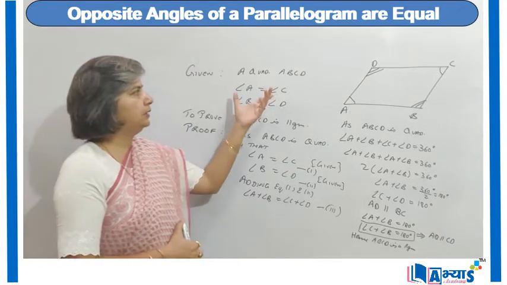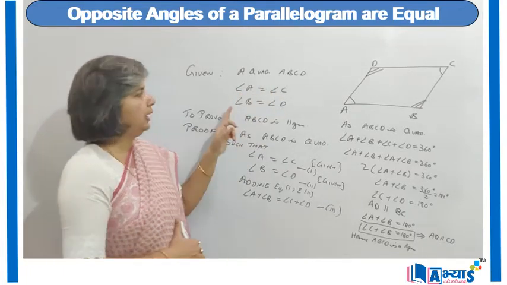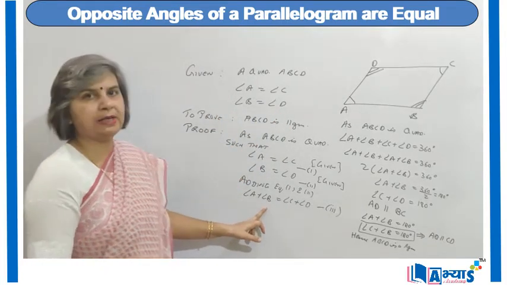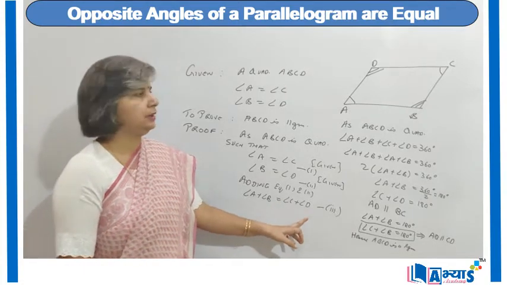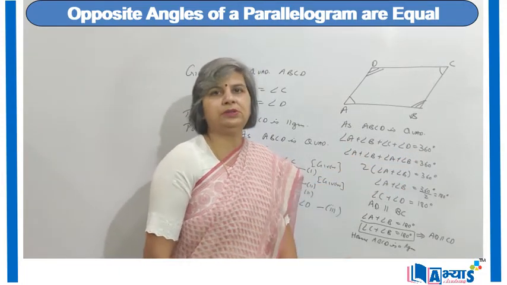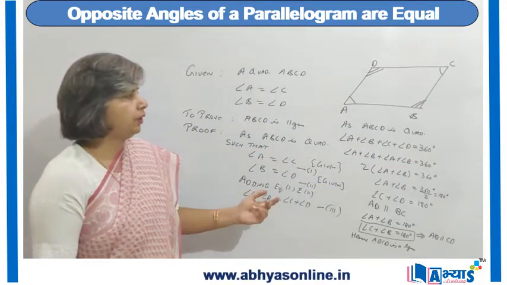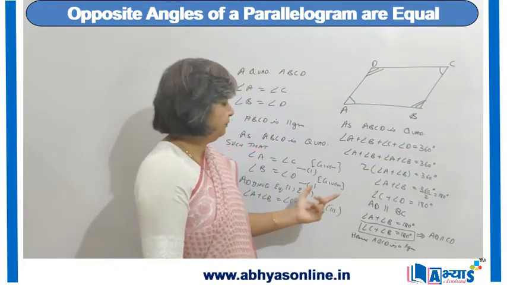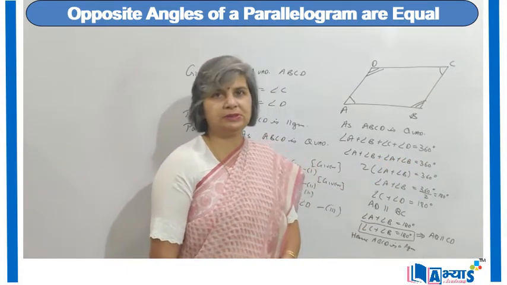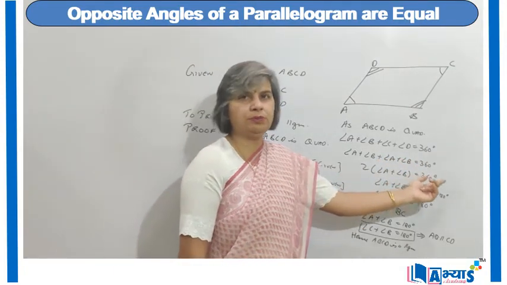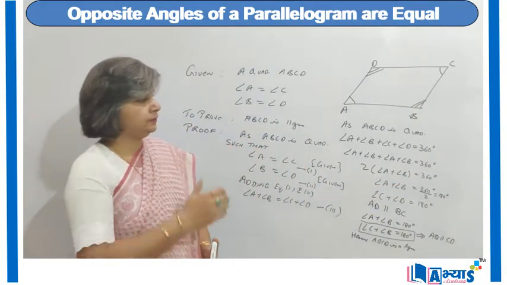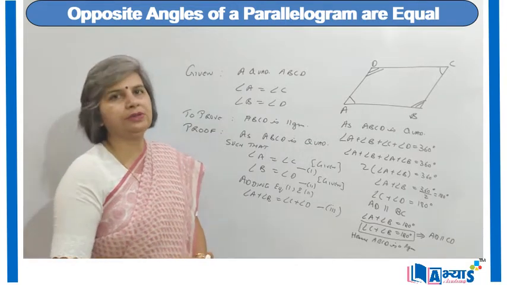For this we have taken that as the angle A is equal to angle C and angle B is equal to angle D, we have added these two and we got angle A plus angle B is equal to angle C plus angle D. But we know that ABCD is a quadrilateral, so sum of 4 angles will be equal to 360 degree from the angle sum property. Now we have replaced C plus D with A plus B. So it came out to be 2 times A plus B is equal to 360 degree. So we got A plus B as 180 degree, because 360 divided by 2 is 180 degree.